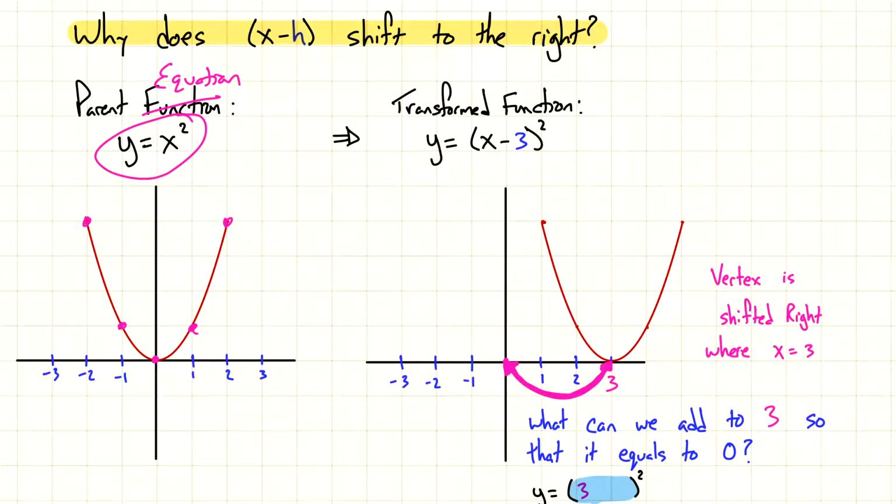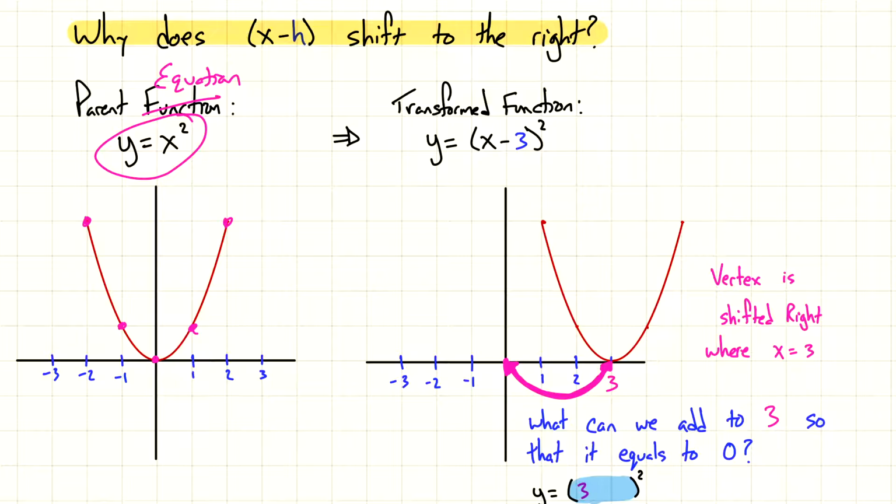I'm not talking about shifting up or down yet, but if I want to shift it to the left or to the right, I'm going to insert a value inside the parentheses. So whether I write it as x minus 3 or x plus 3, it's going to have an effect on the graph. So the question is,